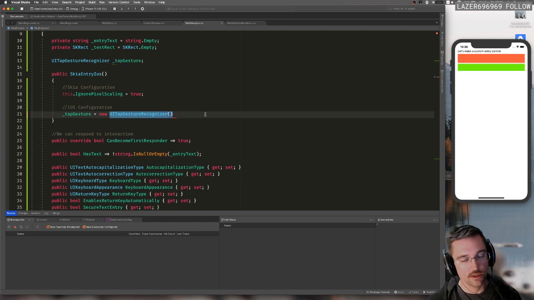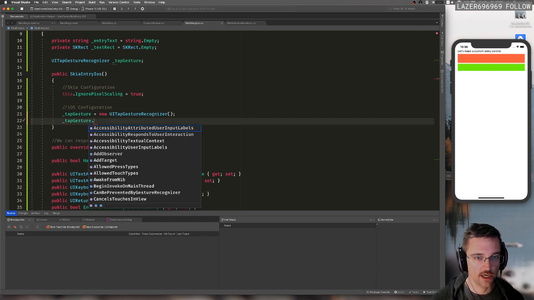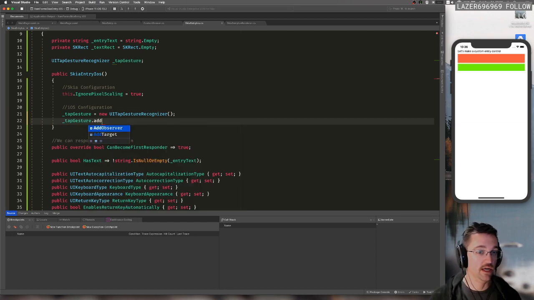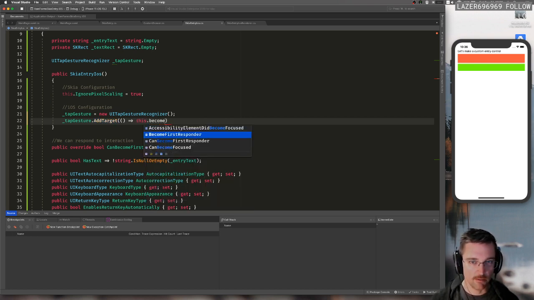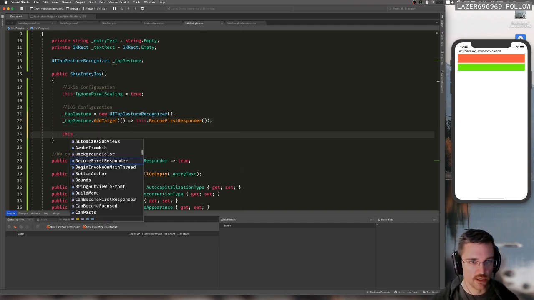So we'll say this tap gesture dot add target. So just saying, when we do this tap, what do we want to go do? I think we could say this dot become first responder. So when somebody taps on this, and we could say this dot